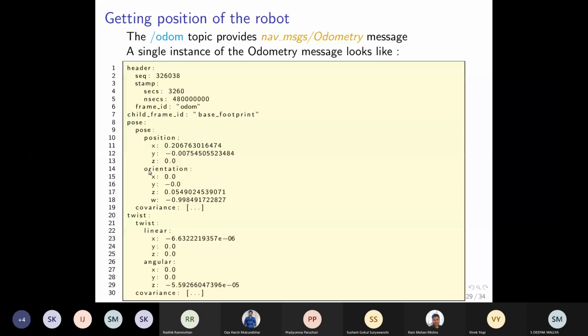First of all, what is this orientation encoded as? This orientation right now is encoded as a quaternion. A quaternion is a 4D vector which is used to represent the orientation of a rigid body in 3 dimensions. We can read more about it on the internet, if you are not familiar with this. First we will convert this quaternion into Euler angles, and the Euler angle corresponding to the z axis is basically what we want. So how to do that?